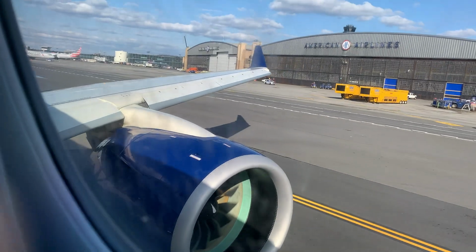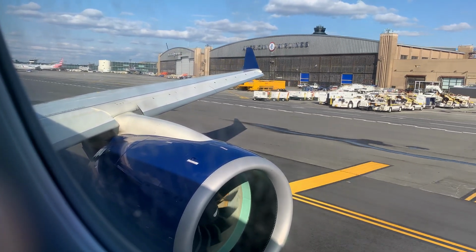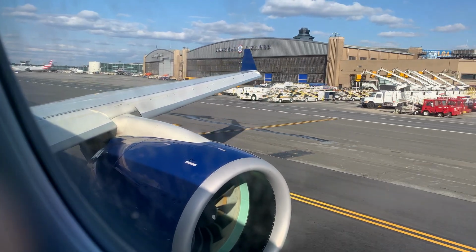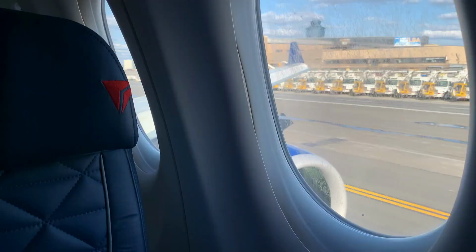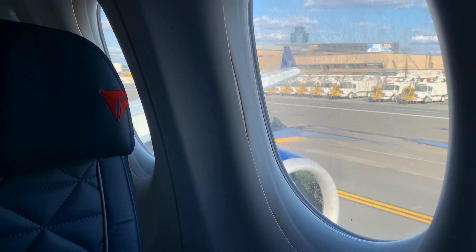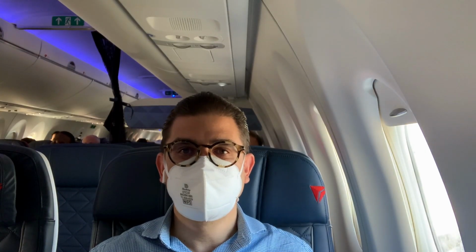It's quiet and it reduces noise. From here, we also get a great view of the winglets on this A220. This is a very well engineered aircraft and a welcome addition to Delta's domestic market. We are number 1 for takeoff on runway 4. Despite the struggle to find a good angle for the camera, I am very much enjoying being on this aircraft